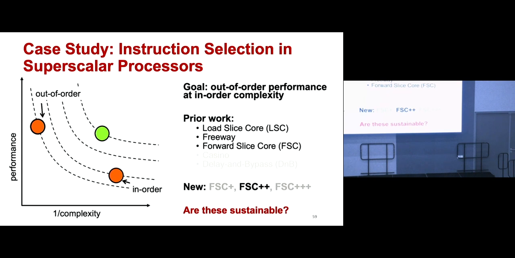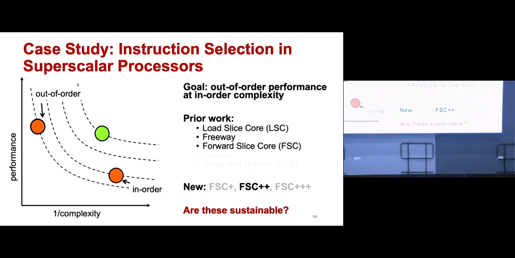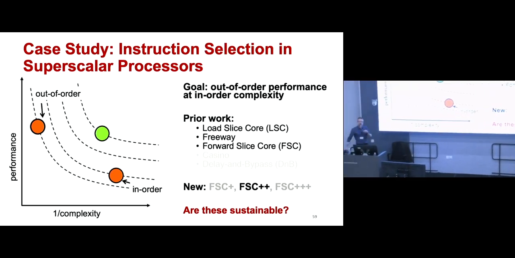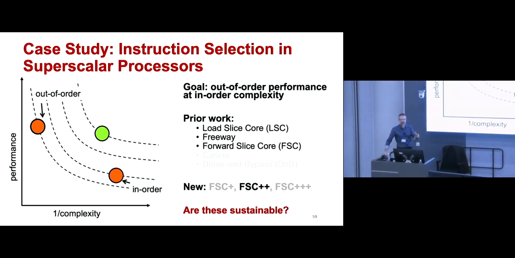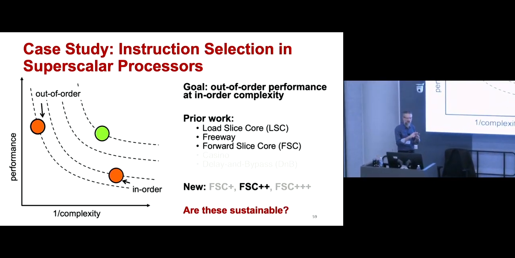So let me first start with this one. In hardware design, there is this notion of PPA analysis. So power, performance, chip area analysis. The PPA abbreviates these three aspects. And hardware designers in the community are very familiar with this type of analysis. And the idea here is, can we leverage this type of analysis to do a sustainability assessment?